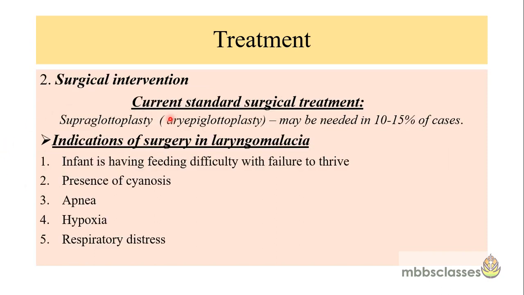Sometimes surgical intervention may be needed. The surgery which is done is called supraglottoplasty or epiglottoplasty. Studies have shown that it is needed in around 10 to 15% of cases. Now let's see the indications of surgery in laryngomalacia. If the infant is having feeding difficulty with failure to thrive, presence of cyanosis, apnea, hypoxia, and respiratory distress, these are the indications for surgical intervention in a case of